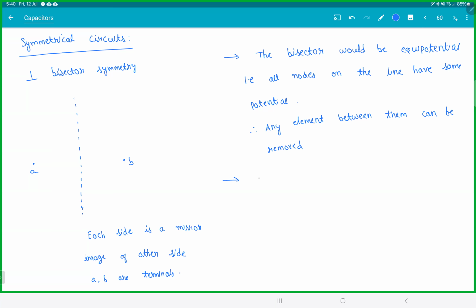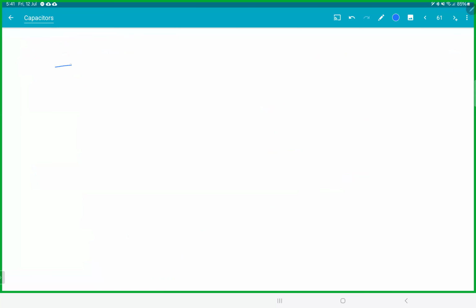The second thing, the nodes along the symmetrical line can be opened up along the line. Now, what do you mean by this? Let me show you with the previous example only. So in the previous thing which I gave you here,